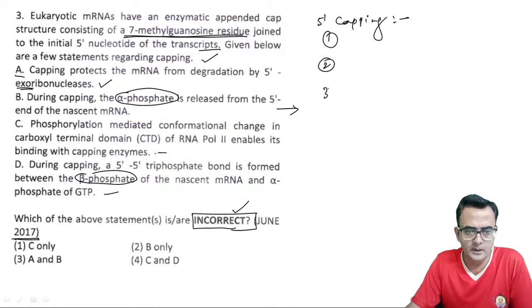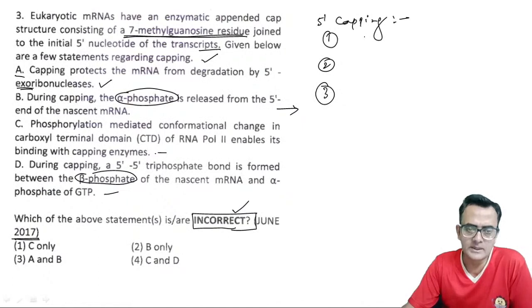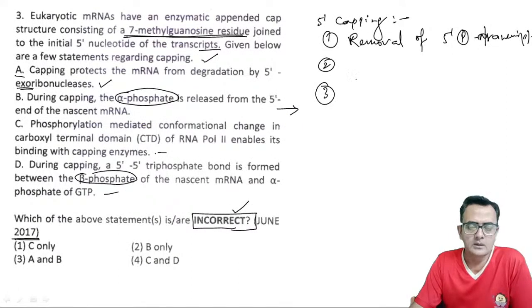And 5' capping. The first step is the removal of the phosphate group from the 5' end of the nascent transcript, right? So just we are writing here removal of 5' phosphate from the transcript we are writing, right? Transcript. Okay, first. The second event which occurs in the capping is the guanosine monophosphate moiety addition,